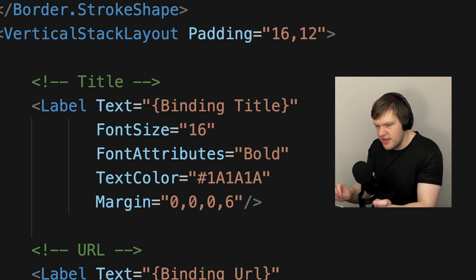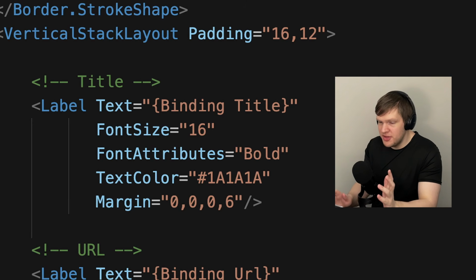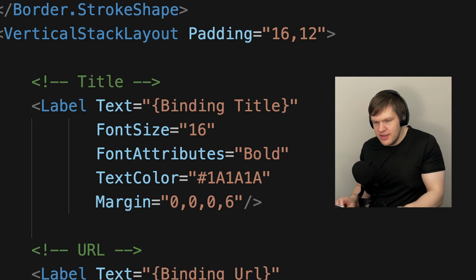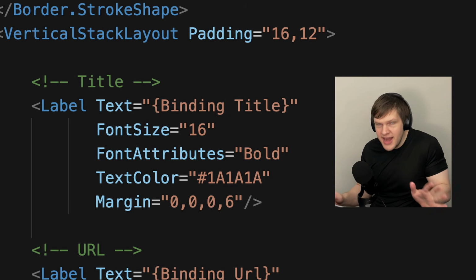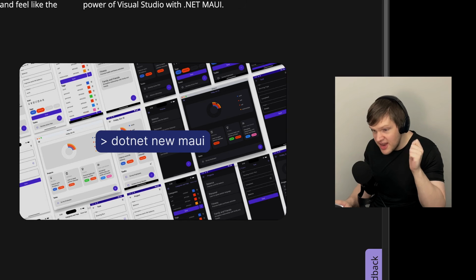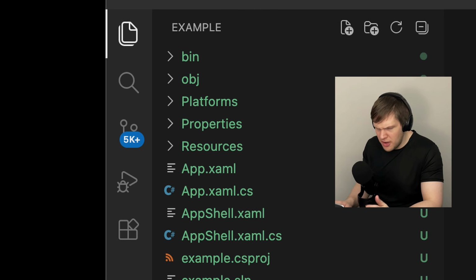then binds the stuff from the XML files into C# code. This is horrible, because the XML and C# files can get out of sync very easily if you rename variables. Now, I'm sure there's some Microsoft employee somewhere about to jump out of his seat to tell me you can use pure C# without any XML in MAUI. To that employee, please update the .NET new MAUI command that you proudly display on your homepage, because that's where the XML came from. Also, please add a gitignore file to your starter project.